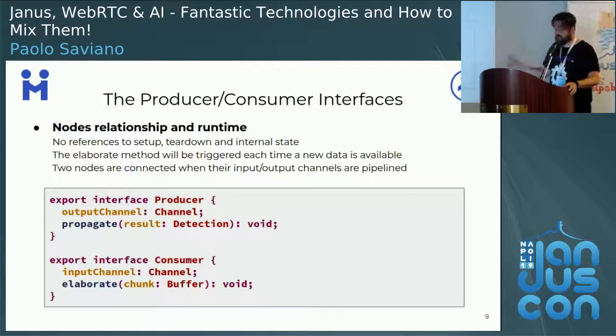The elaborate function is one of the most important of the whole project, because it will be triggered each time new data becomes available on an input channel, and it is one of the few methods that will remain abstract till the complete class. This implementation is the responsibility of the developer.